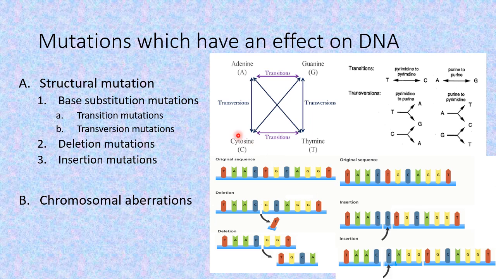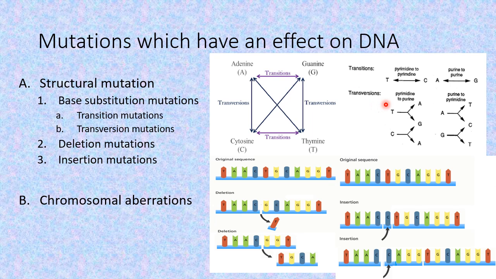Now, what are these base substitution mutations? These base substitution mutations mean there's a change. Instead of thymine, the cytosine is incorporated, although both of them are pyrimidines. So this type of change in which a pyrimidine is replaced by another pyrimidine, or adenine is replaced by guanine, that is, a purine is being replaced by purine, or vice versa, this type of mutations are known as the transitions.